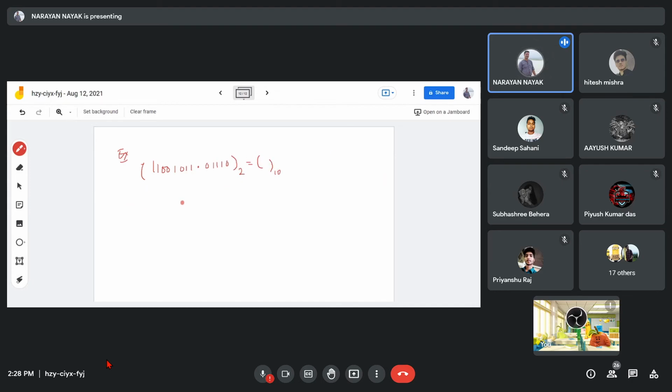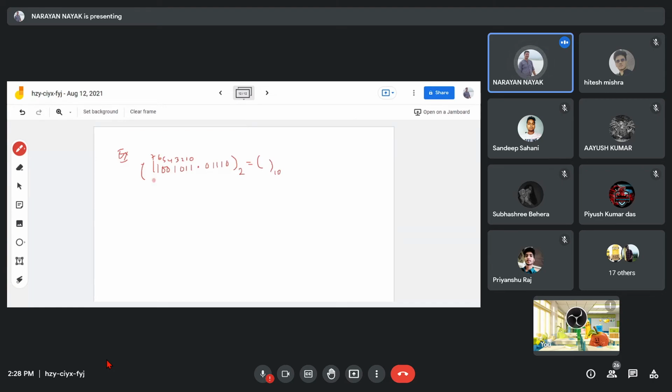Okay. Now I have told you binary to decimal. So what you have to do? You have to make this is your decimal point. Okay. So this point you have to make it is what? I think this is a 0, 1, 2, 3, 4, 5, 6, 7. So this is the 0th place. This is a 1 place. This is a 2 place, 3 place, 4 place, 5 place, 6 place, and 7th place.